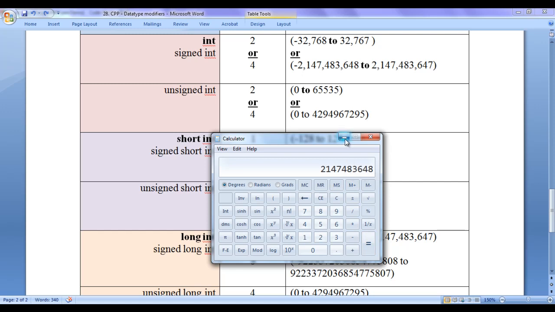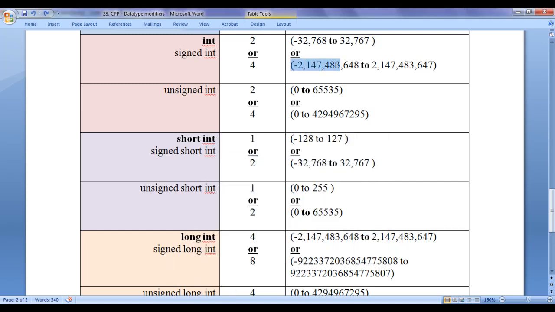And if I divide it by 2, it becomes 2,147,483,648, which indicates the minimum value possible to store inside int and signed int type memory. The minimum value possible to store inside int and signed int type memory is minus 2,147,483,648, guys. And the maximum value possible to store is 2,147,483,647, guys.